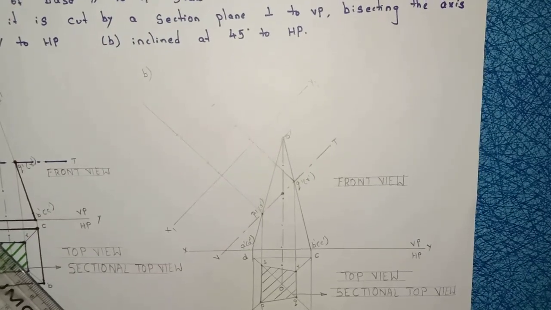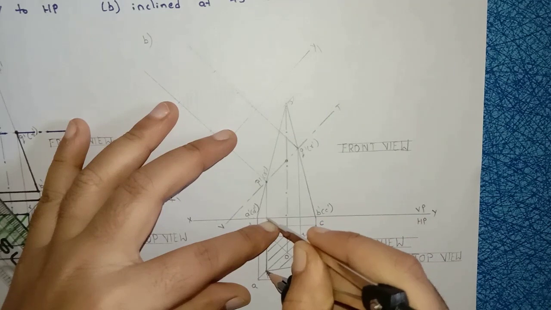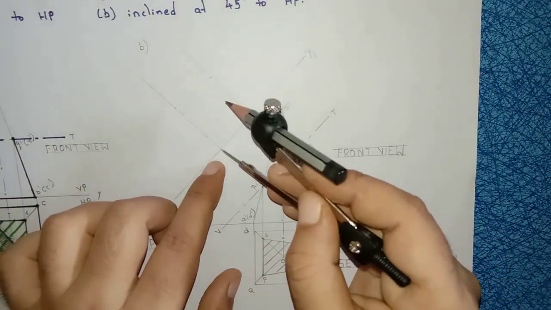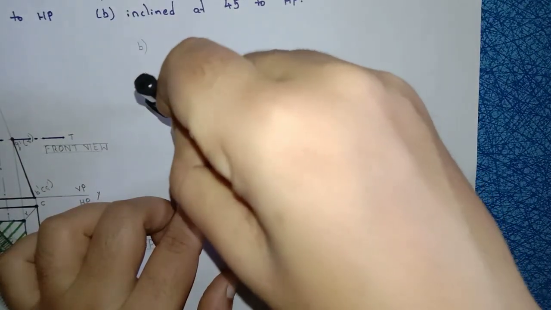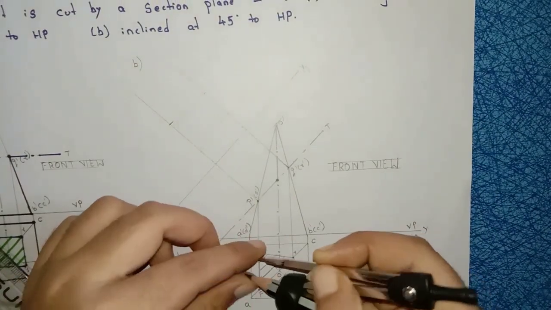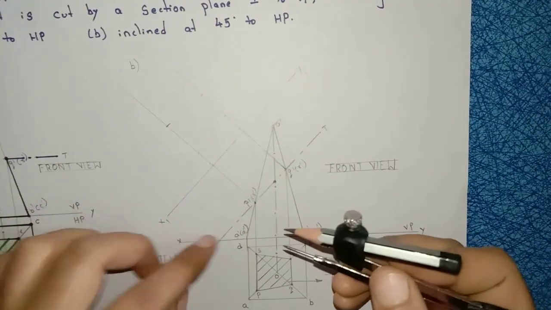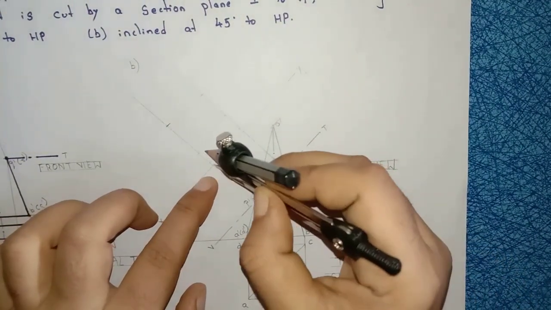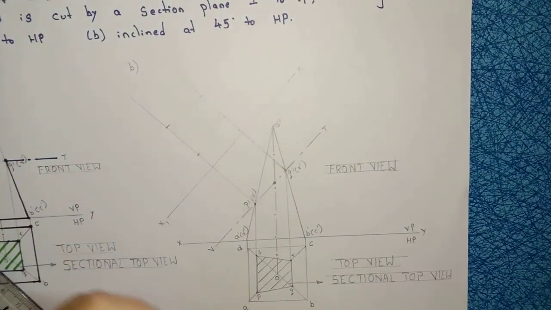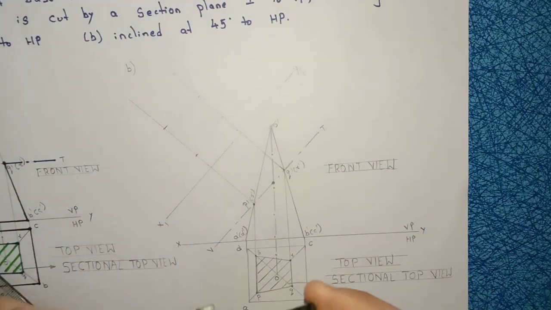Right? So same process from the reference line. From the reference line to P point, take this distance with compass. So this is your P line. This is the new reference line. Mark the point P here. Right? Then next S point. From the reference line to S point, take this distance with compass. This is your S line. Keep your compass on this reference line. Mark the point S.